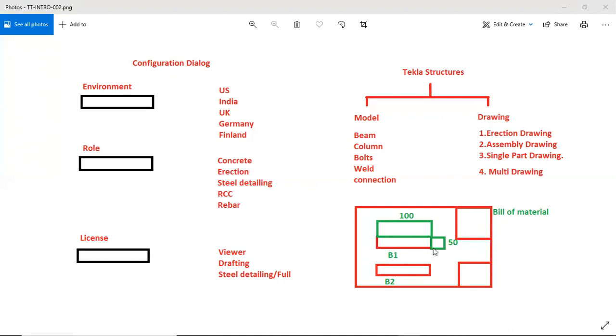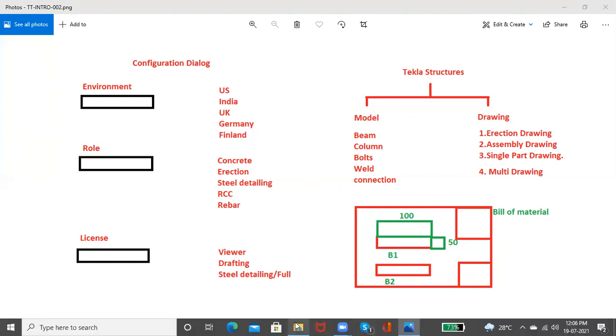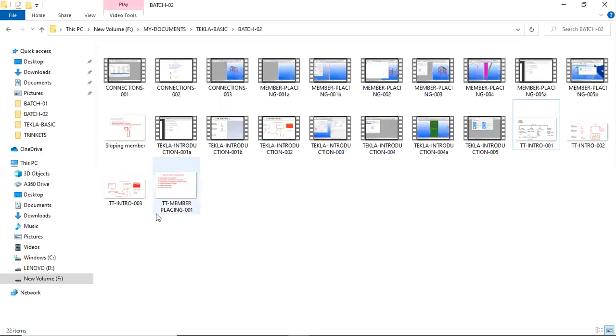So we call this sketch a drawing. You might have seen many drawings of this kind.